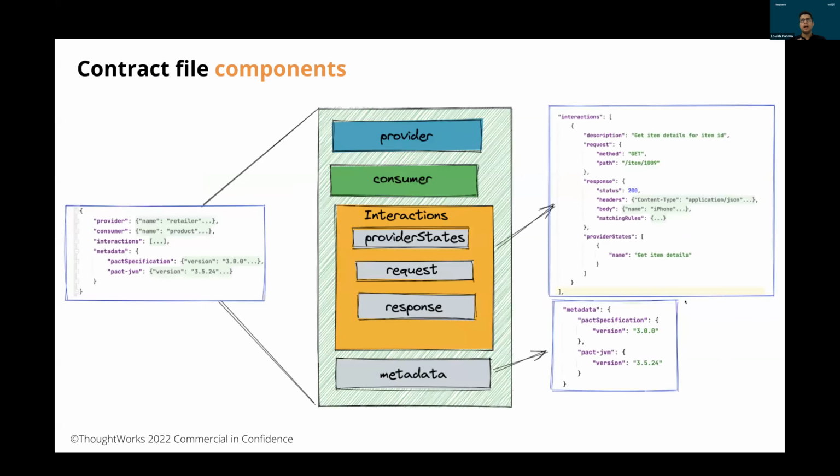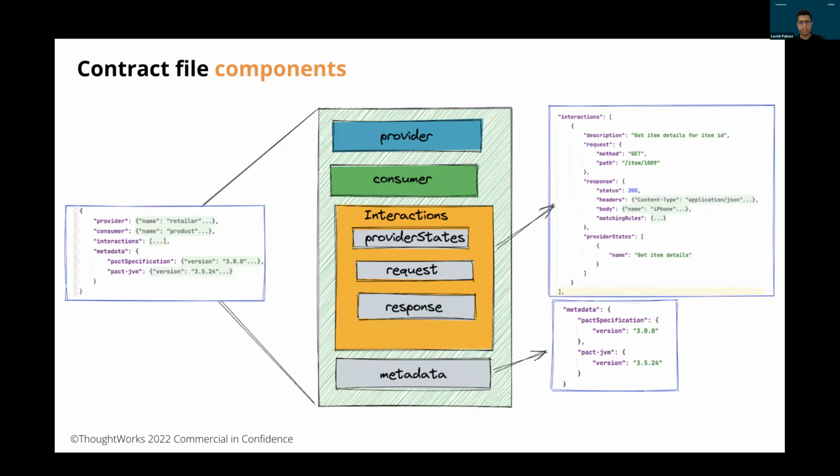Now, as I said, once the consumer runs a unit test and generates a contract and publishes it to the Pact broker, it's very important to understand what that contract is. That contract is just a JSON file which tells you about the whole interaction document. On the left side is the high-level structure of that JSON: there is a provider name, consumer name, the interaction, which is the important part, and the metadata,